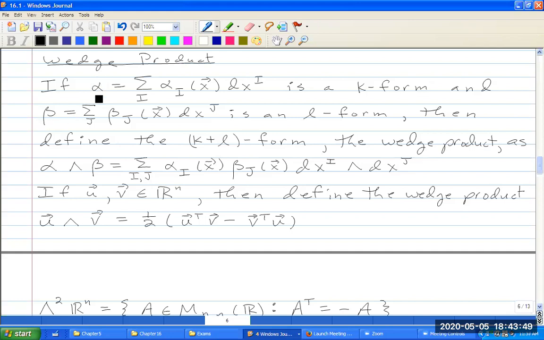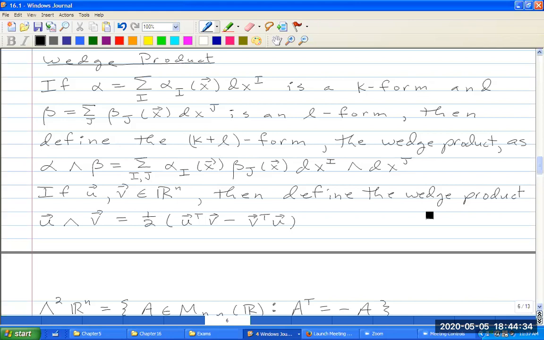We'll define the wedge of these two differential forms as alpha wedge beta is the sum over i and j, alpha sub i times beta sub j times dx_i wedge dx_j. In particular, let's look at the wedge product, not even for differential forms, but for any sort of vector. So if I had a vector in R^n,